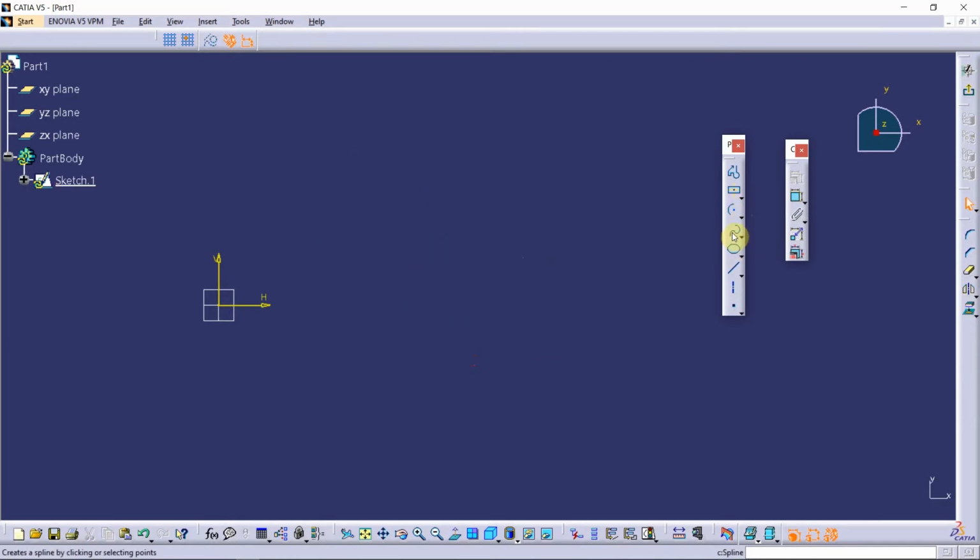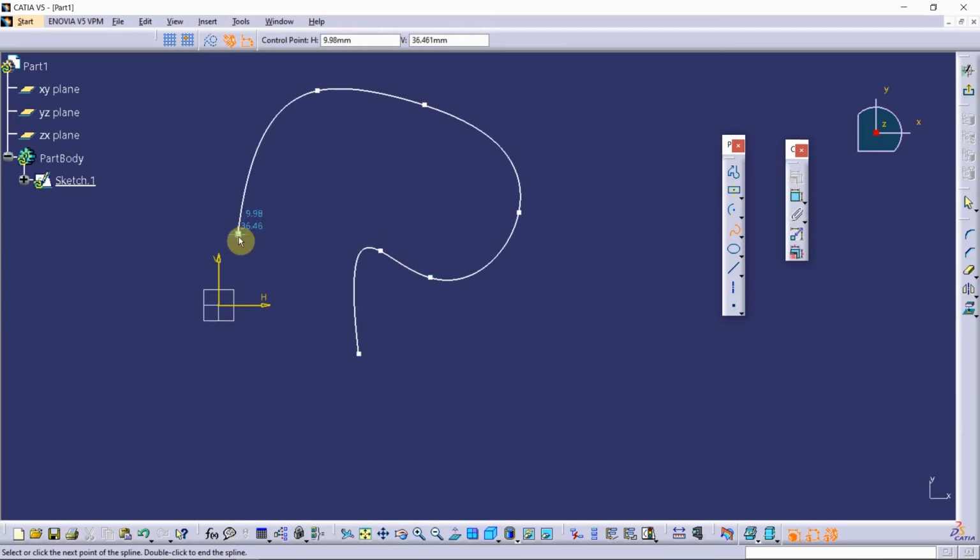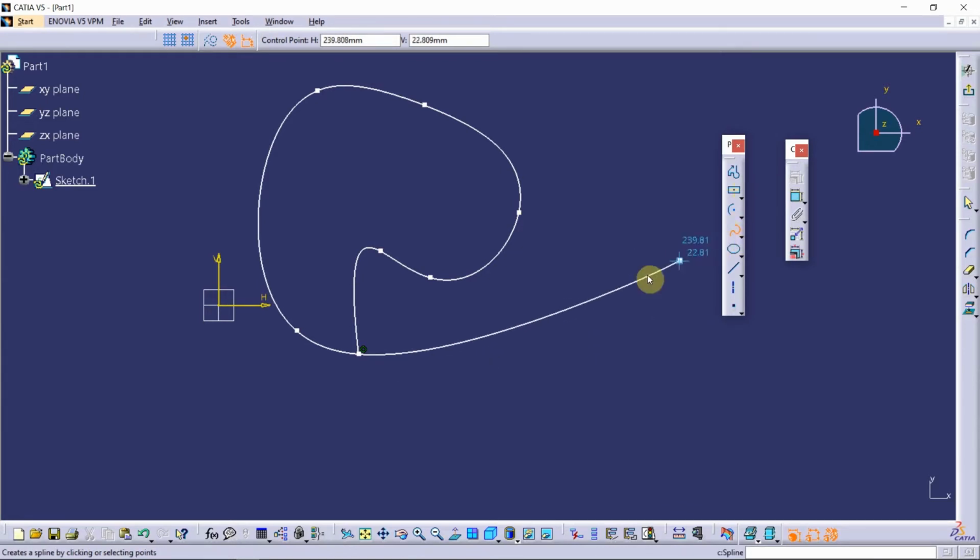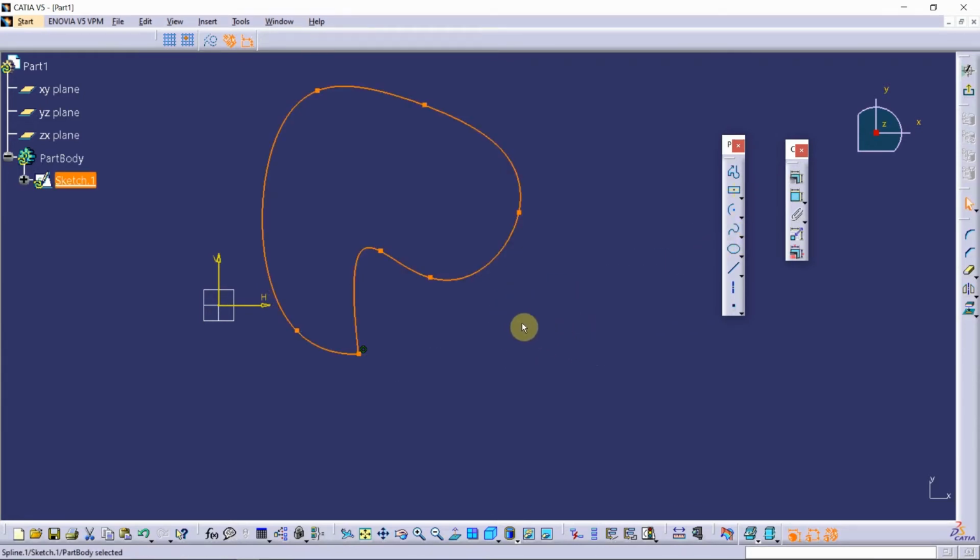Below this circle option there is a spline. Basically, you know what spline is, right? You can click on multiple points and the spline will generate a smooth curve between those points. I'm gonna close this spline, and in order to exit this sketch feature, I can click escape and you can exit that spline option.